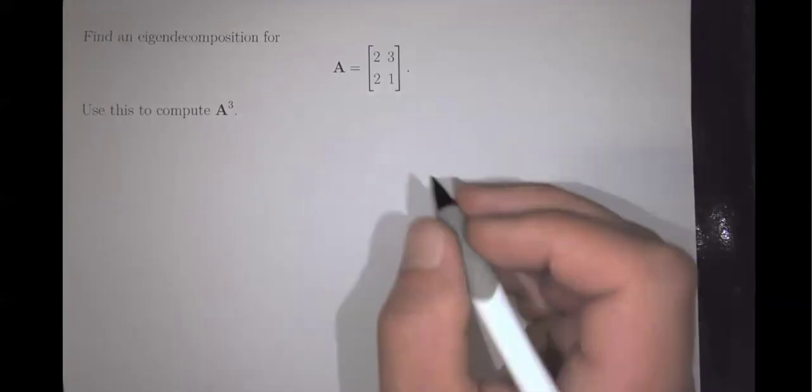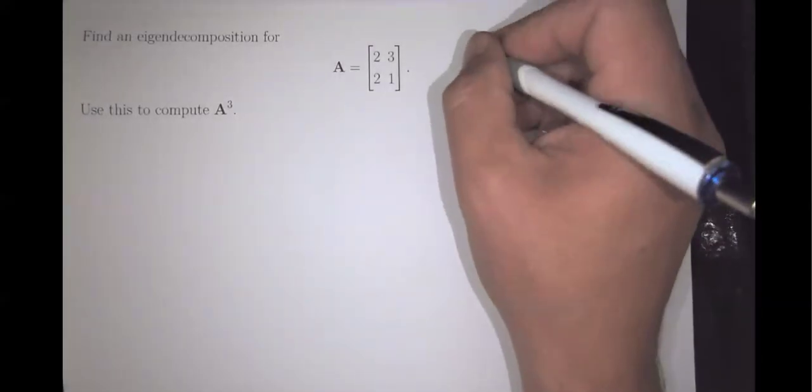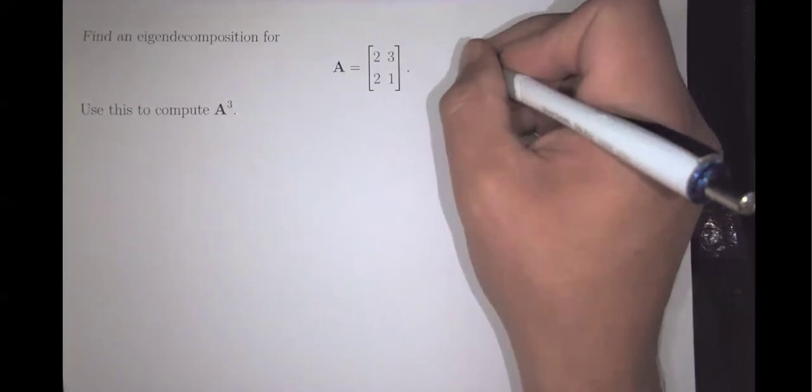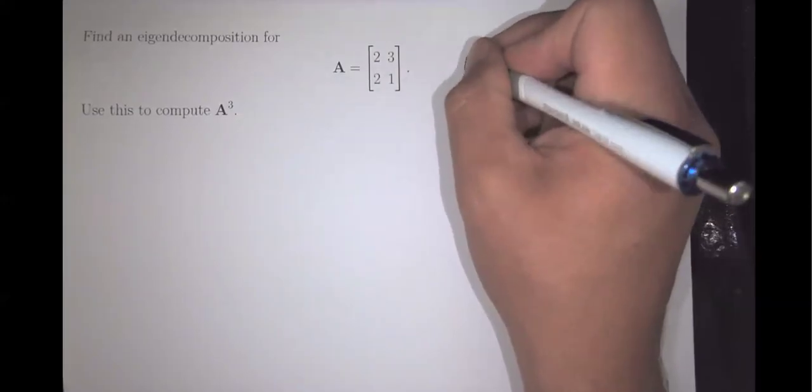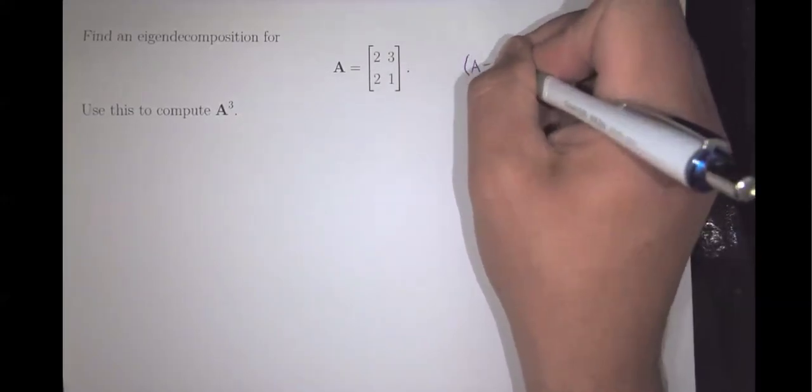In this example, we're going to find the eigendecomposition for matrix A. We're going to then compute A cubed using this eigendecomposition. So we know that A minus lambda I for eigenvalues